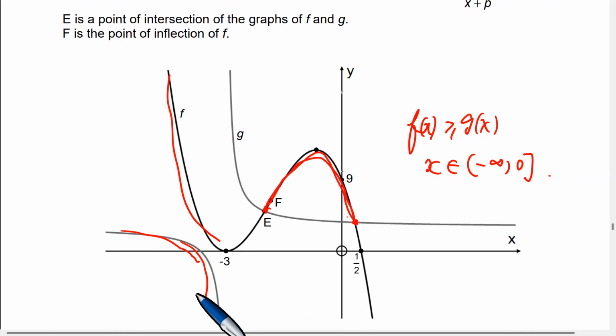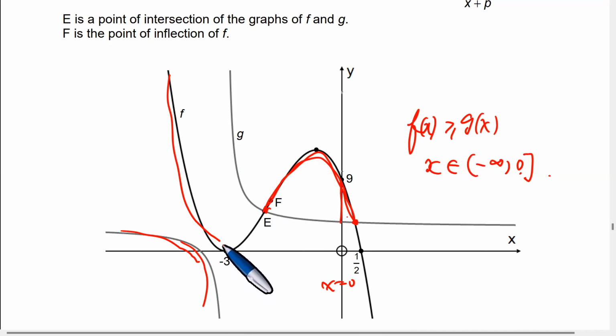But we can't go beyond because you must stop at 0. And we stop at x equal to 0. Which means that